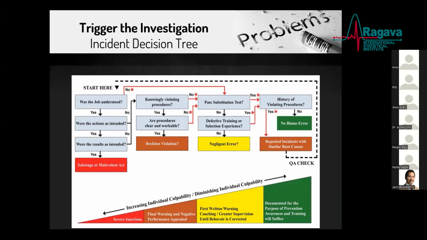Suppose you clear the deliberate harm test, then the next test is the incapacity test. Usually this is to see if the individual has a substance abuse issue or health issues. The manager is asked to consider whether the employee was aware of their condition at that time, whether they realized the implications of this condition, and whether they took proper safeguards to protect the patient. Such questions are asked during the incapacity test.